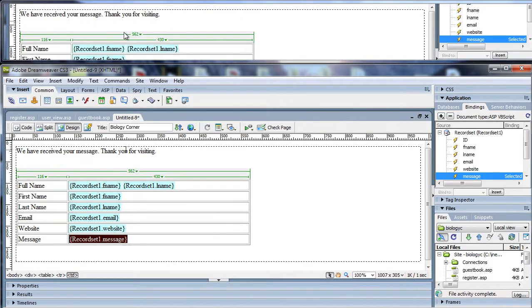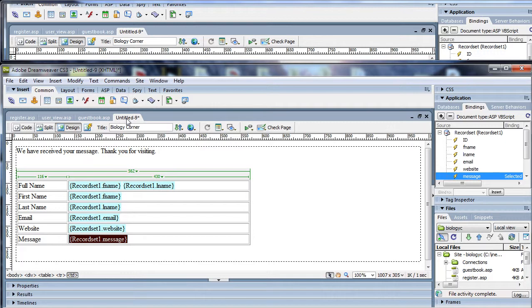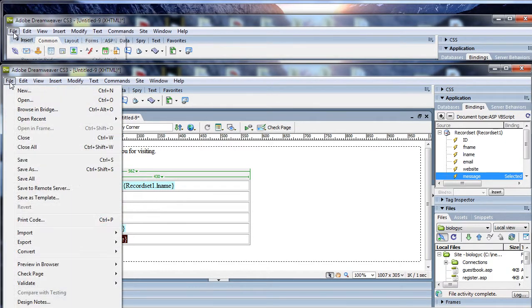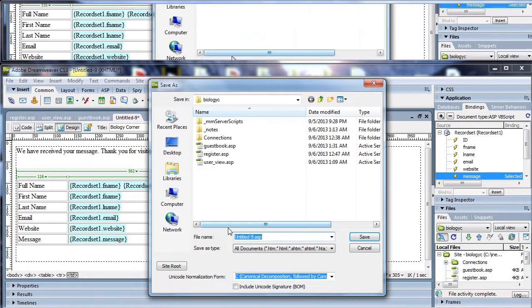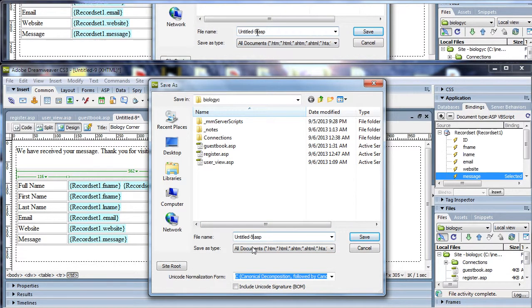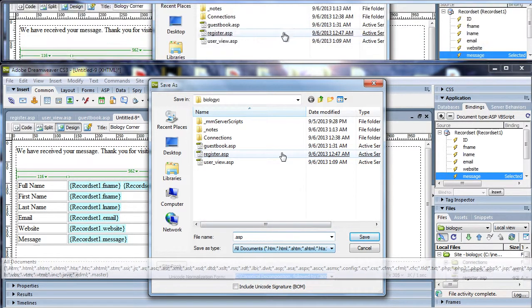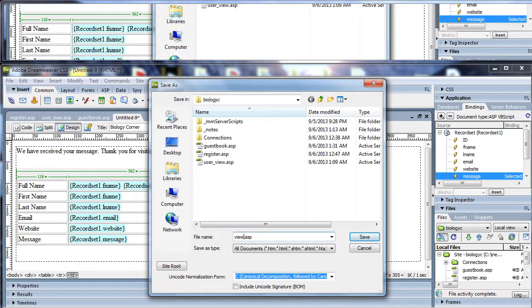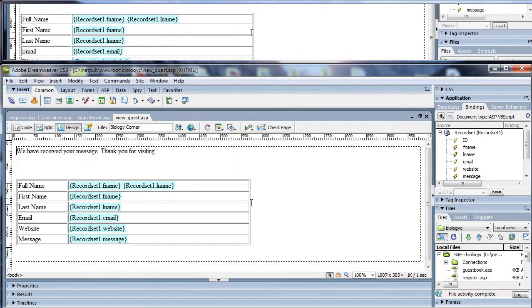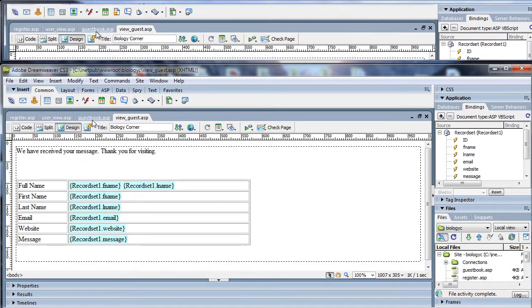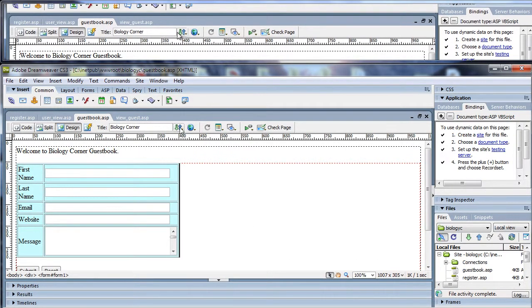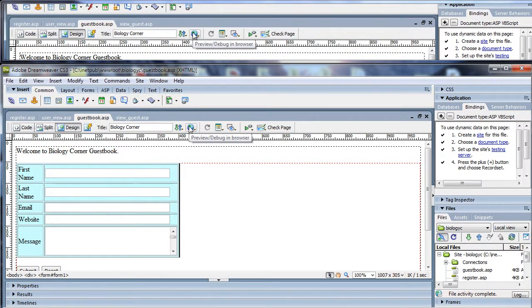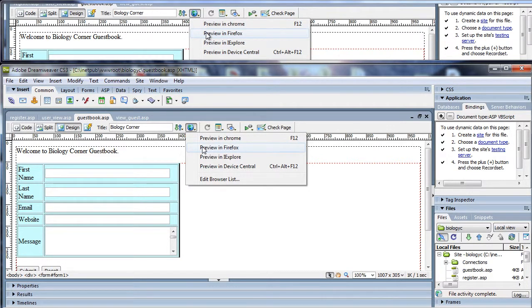And now save your file. Go to File, click Save and rename it to viewguest.asp. And go to Guestbook, click Preview in Firefox